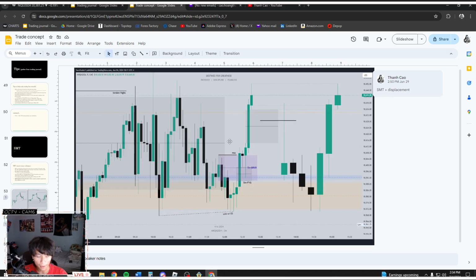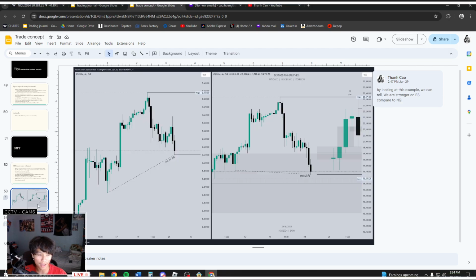Here on the 5-minute time frame, I do want to state that SMT is fractal. You can find SMT on the lower time frames and on the higher time frames as well, but you have to understand that, like I said, you can't base your trade off of SMT. You can't base your trade off of every 1-minute SMT that you find, every 5-minute SMT that you find. You want to have it in confluence with